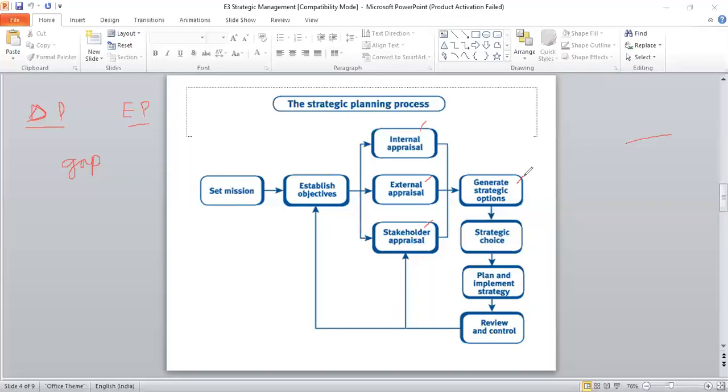It doesn't convey anything, because the implementation, whether it is according to what is planned or not, has to be verified. So every time there is an implementation, it should be compared with the plan. Comparison helps them to have control. So we say planning and control go hand in hand. Whenever there is a plan, strategy is basically about planning for the organization. Whenever there is a plan, this plan should be supported with the control.